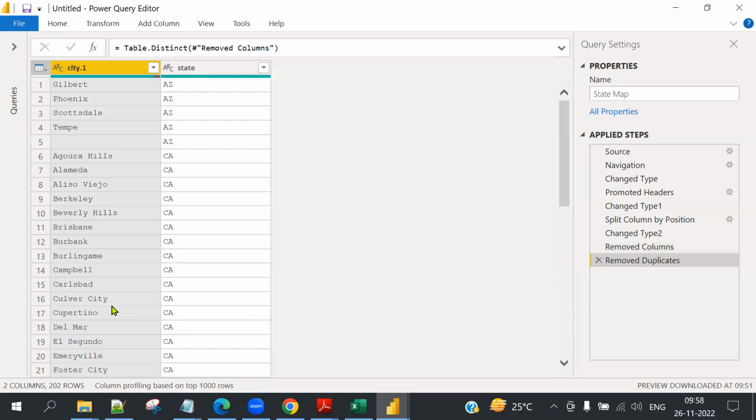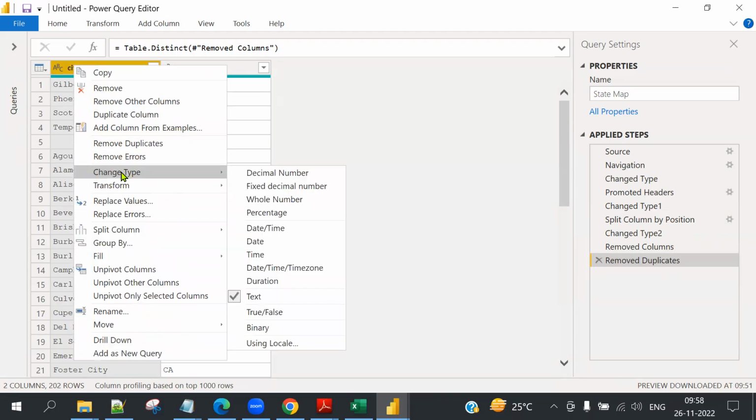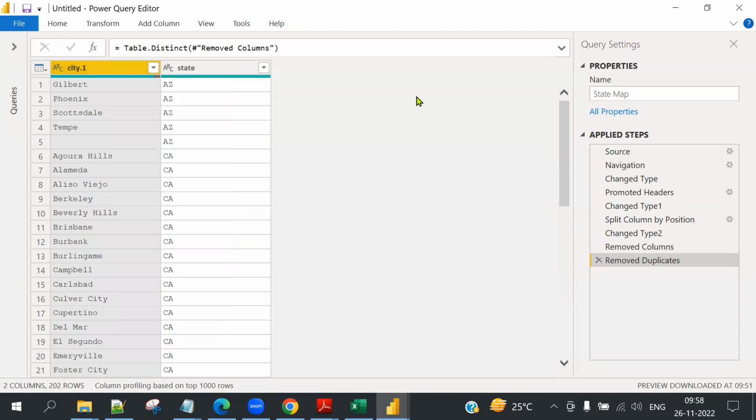Click duplicate. Now what about blank? Trim. Right click, remove blank. Do we have here? No. How do you remove them?